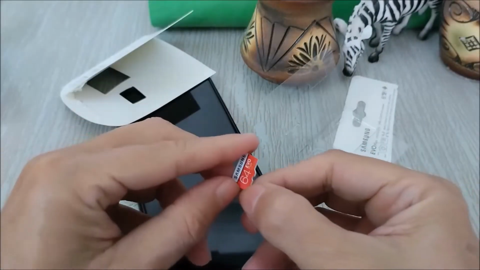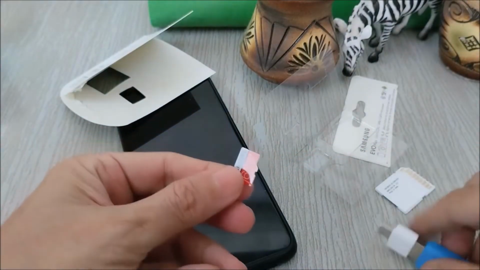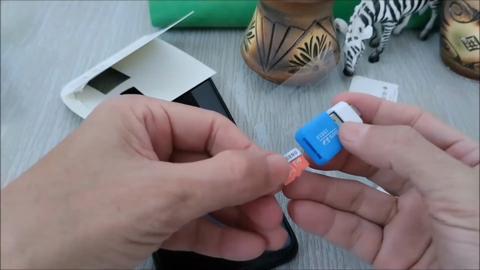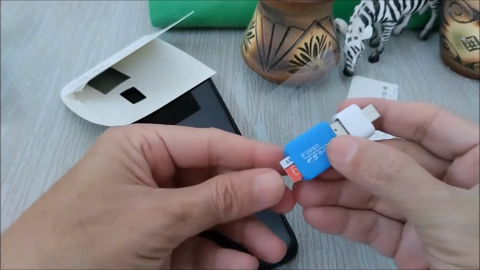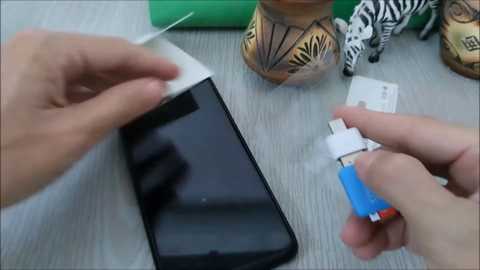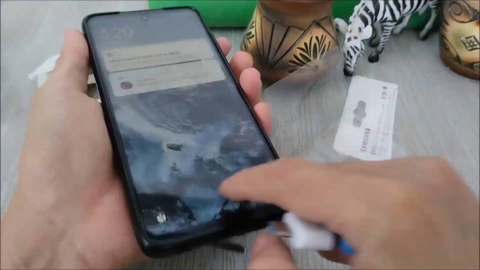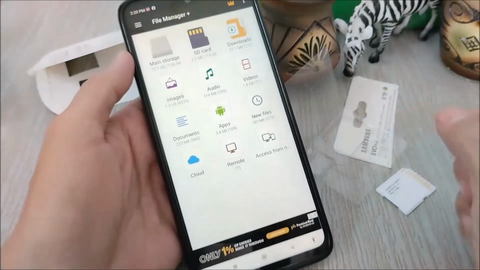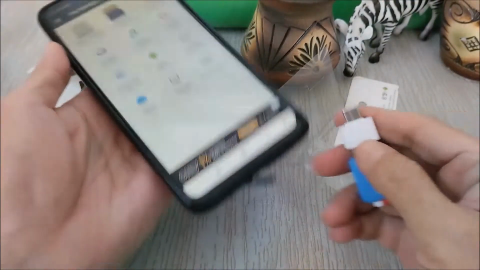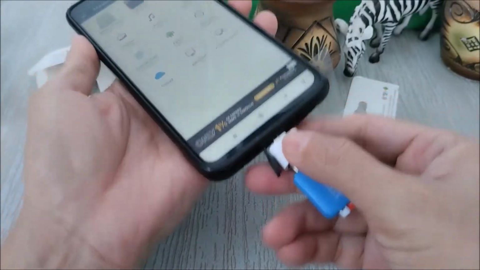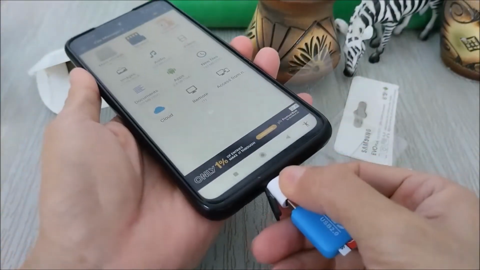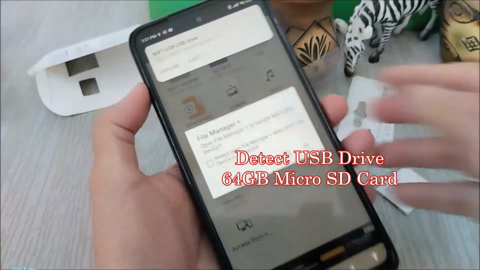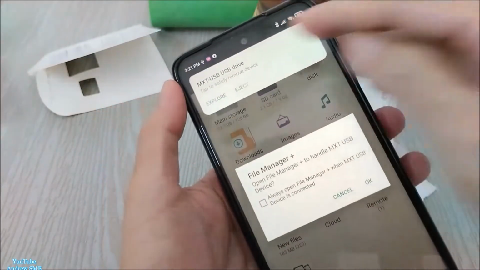This one is a 64 GB micro SD, and now I plug it into the micro SD card reader. You face this side. Okay, you connect it. Okay, come back to here. Okay, this is my file manager. What I do is I connect this type C to my phone, and you can see now MTX USB